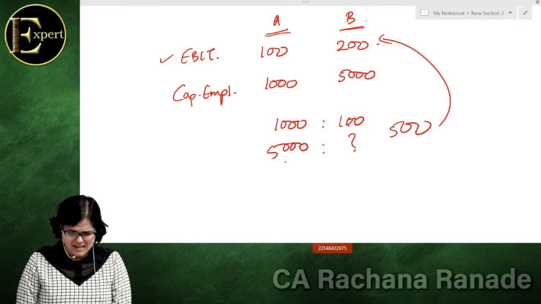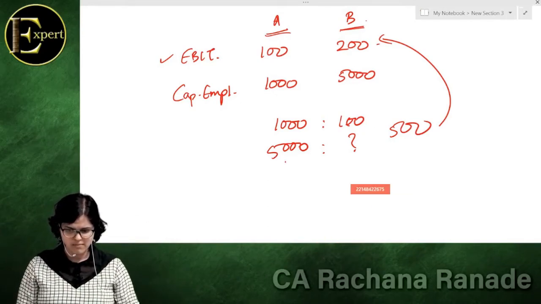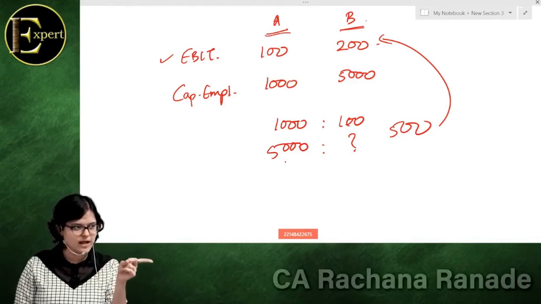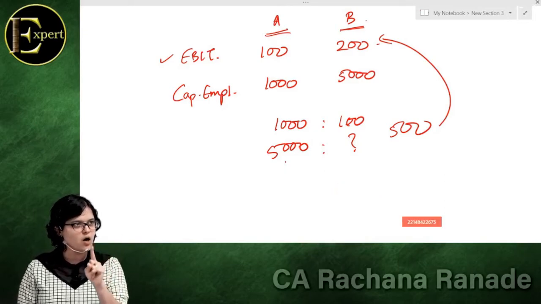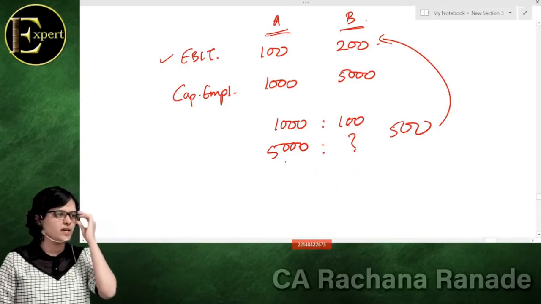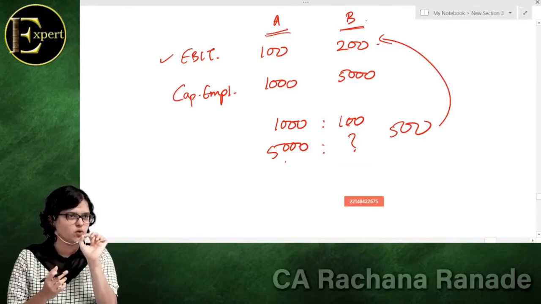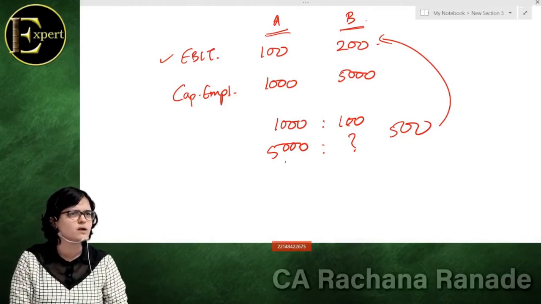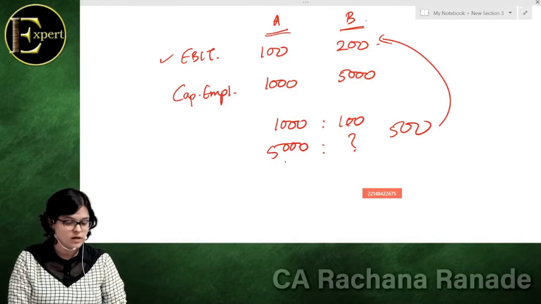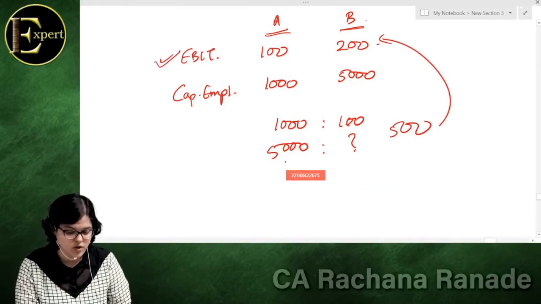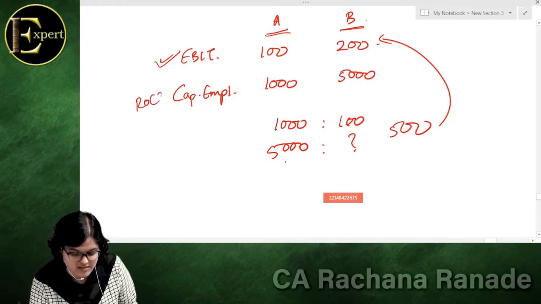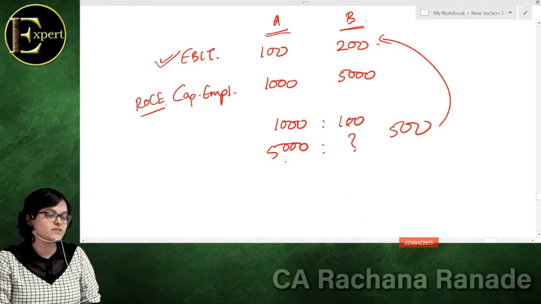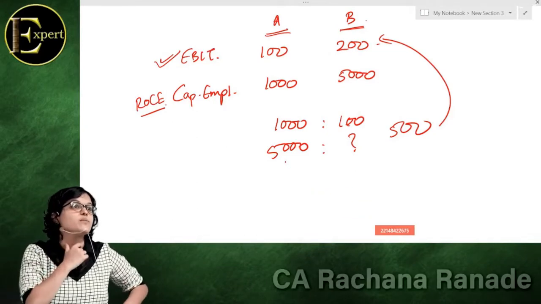Okay. What are we doing in this whole exercise? We are calculating only one ratio, and that is ROCE. That's what we are calculating right now. Return on capital employed. By the way, in my example, debt is 0, is my assumption, to keep the calculations simple. Whatever debt comes will also add up in the capital. Are you getting my point? So are you going to check only operating profit, or operating profit plus ROCE? See, that's how we give points. I said we'll give points out of 8, and the one with more points, I feel that is a better company.